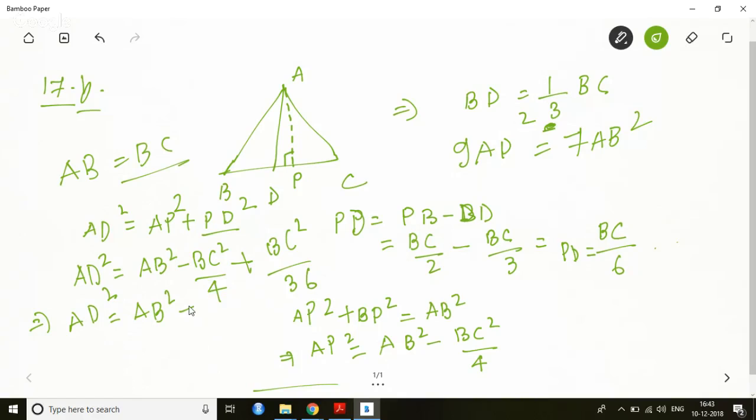So this becomes AB square minus AB square by 4 plus AB square by 36. So how much does it come to? 36 plus 37, 37 minus 9. 37 minus 36 plus 37. This is AB square. So